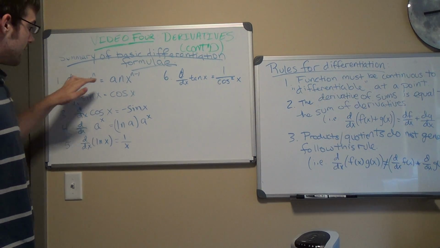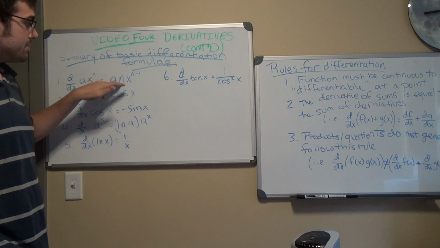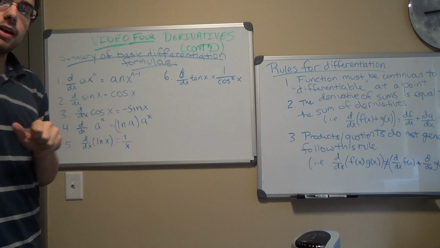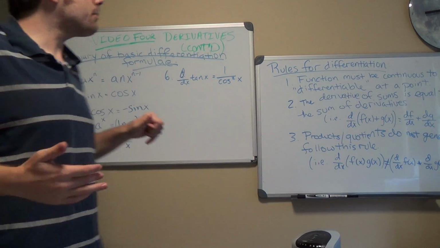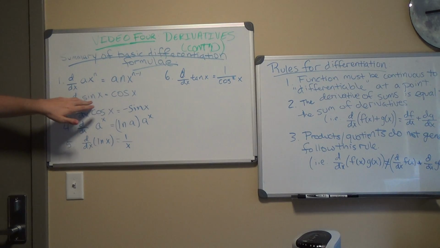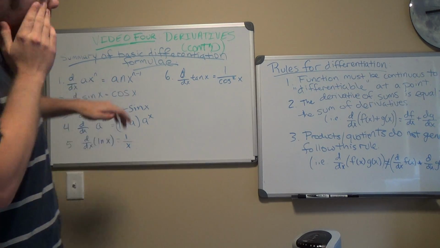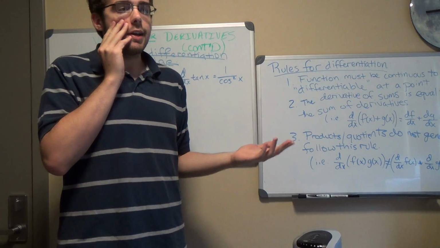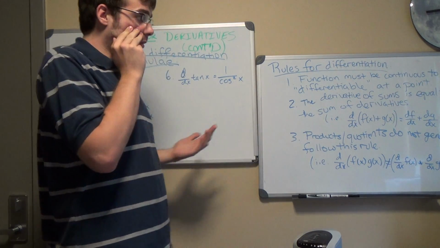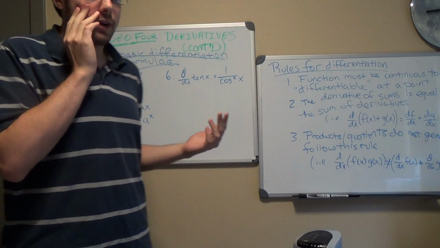Finding the derivative of that is simply just a times n times x to the n minus 1. The proof for that is using the binomial theorem. That's going to basically be taking care of most of the derivatives that you'll be working with